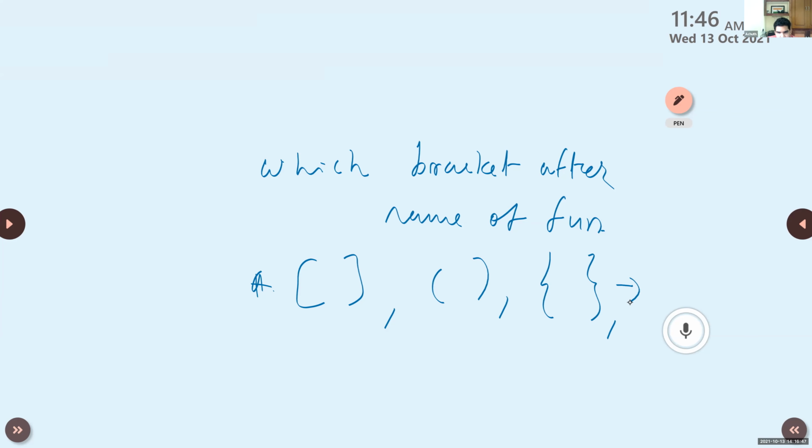Square bracket. Achyut? Which bracket after the name of a function? Parenthesis. Round bracket, that is okay. Achyut, listen here. Here, FUN is the function name. After the function name, which bracket is used?